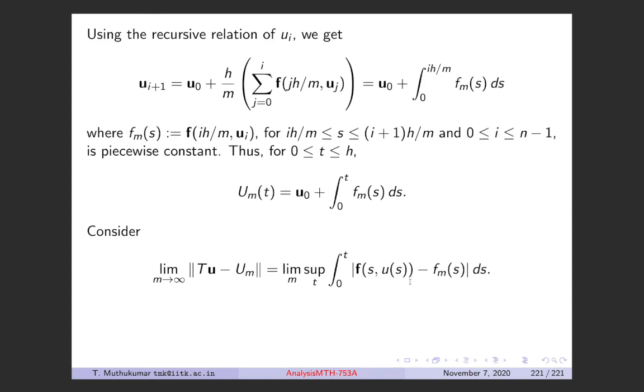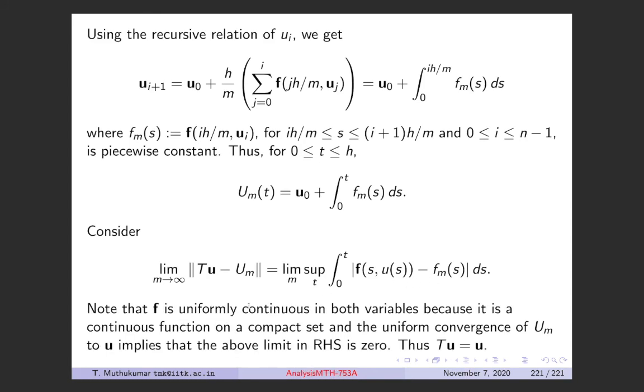Right? In fact, this f is uniformly continuous in both variables, and it's a continuous function on the compact set, right? So you actually have this convergence. So fm will converge to f,